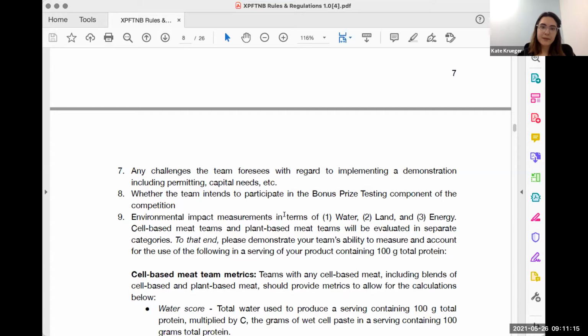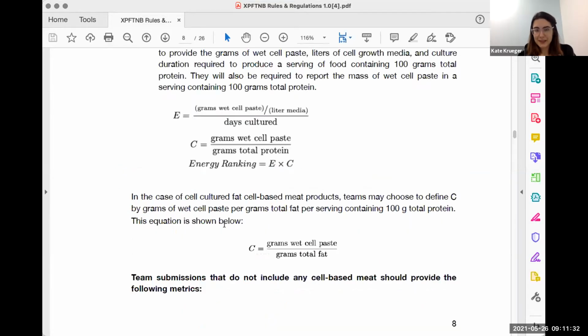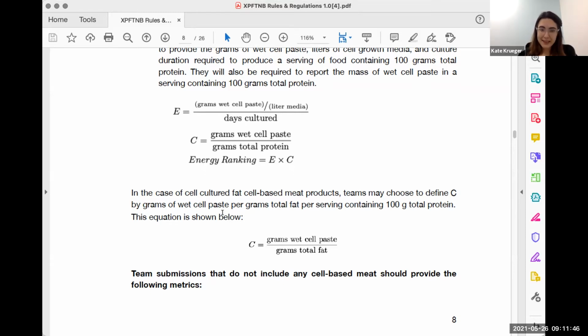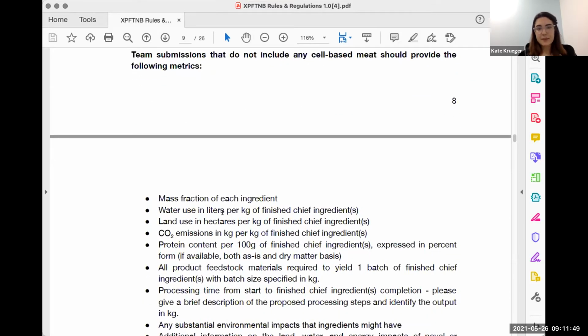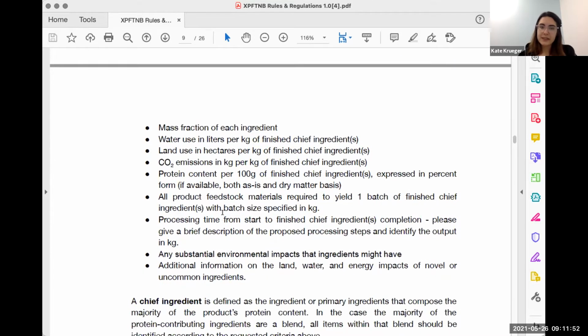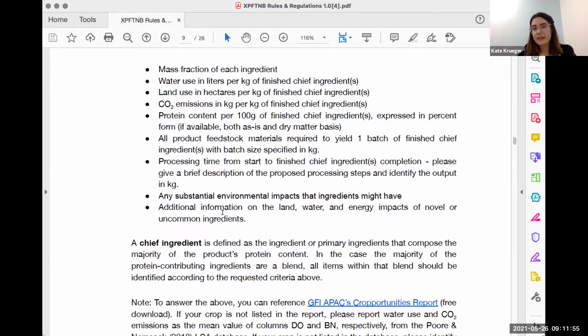So energy, we're looking for some metrics that involve grams of wet cell paste divided by liters of media over days cultured, times again this normalization factor. So essentially what we're looking for here is for you to do the best you can to calculate how much energy goes into growing your cells. So for that, if you can submit these numbers, great. If you do have any variety of considerations around these numbers, please describe those and the judges will take that under consideration. So for plant-based, we're looking for the mass fraction of each ingredient, water used in liters per kilogram